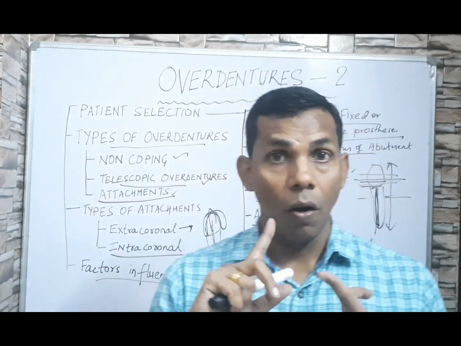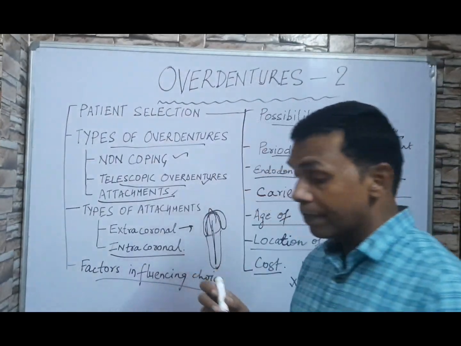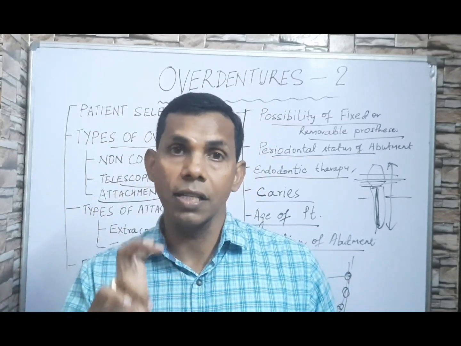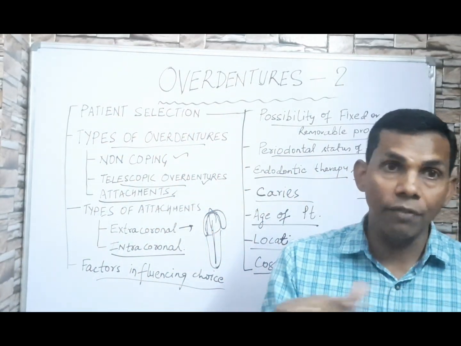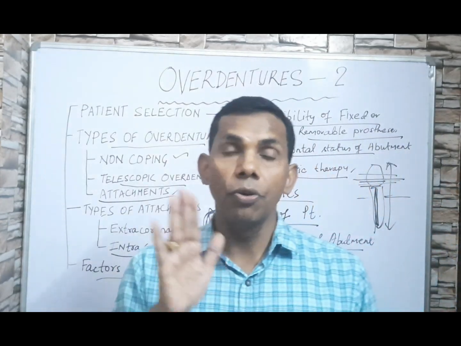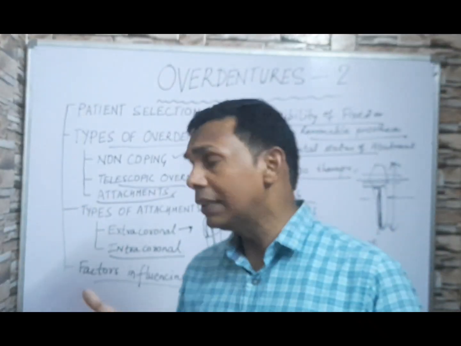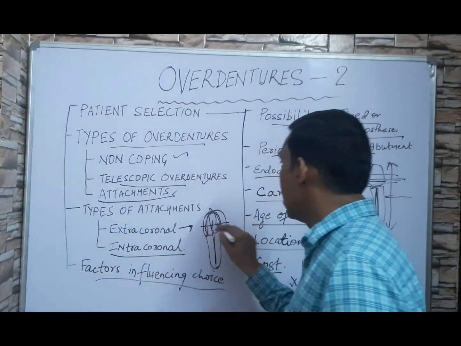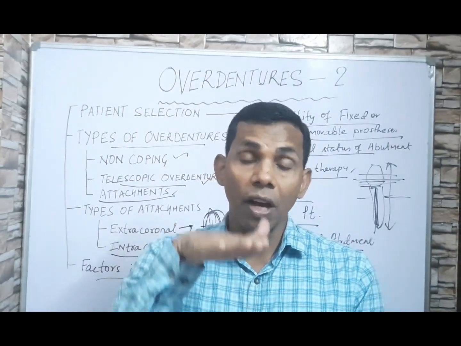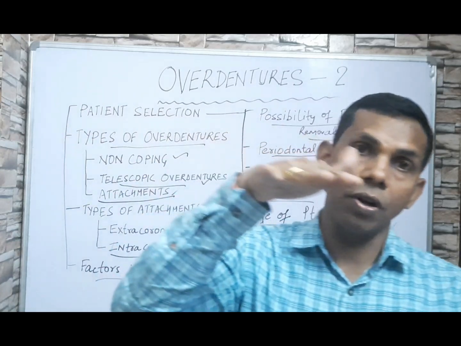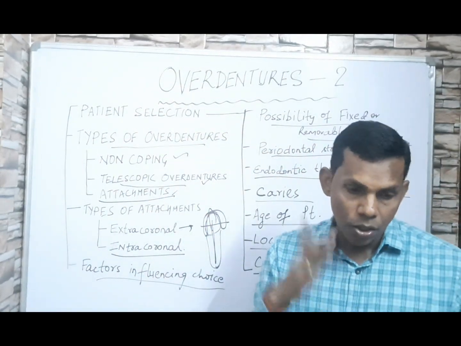That is, how much is the available interarch space. That is very, very important. If the availability of interarch space is not adequate, then you have to make sure that you do endodontic treatment. You have to cover it with a cast coping, and then reduce, so that you can reduce the amount of your space requirement, so that you have given a coping. Over that you have to make sure that you have enough space for the prosthesis also. So one thing is